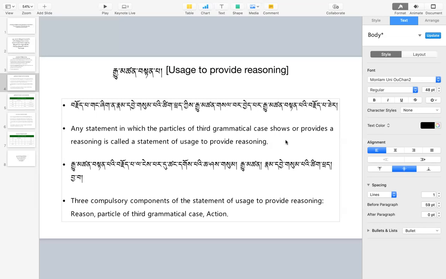So in those cases, we understand them more as circumstance rather than action. But in some other cases, we see that a particular action has been done, but there should be a reason for why it has been done. And so this particular reasoning is of two kinds. One which gives reasoning for a particular circumstance, the other which gives reasoning for an action. And this similar case is shown in the usage of the fourth grammatical case, which also shows a purpose of an action. So both of these are quite similar, but the difference is the usage of the particle. Okay, so reasoning case,